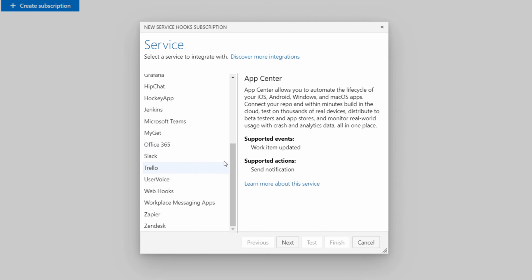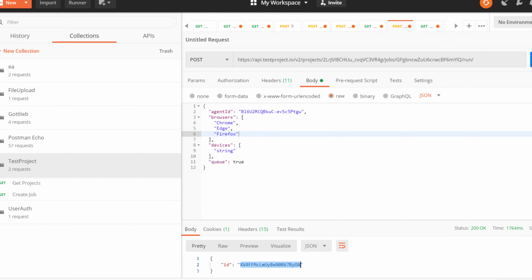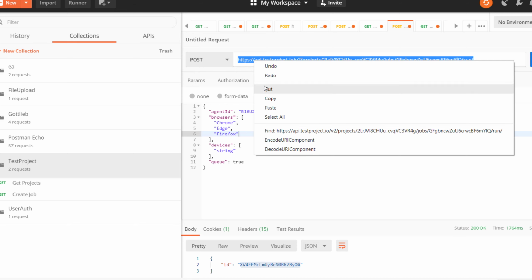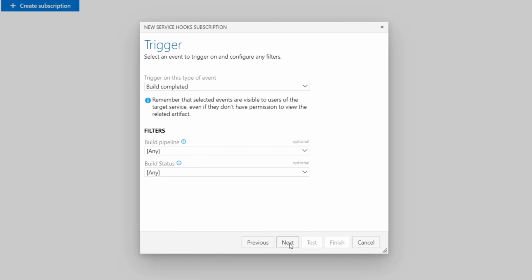So how do we actually run this particular API? In order for that to be done, we can use what is called webhooks. The webhooks provide event communication via HTTP. So it supports all the events and it posts via HTTP as well. If you see our API that we are going to call, it is a post command, and we are going to execute this particular command to run the test for us. So I'm just going to copy this post HTTP call, and then I'm going to hit next in here,